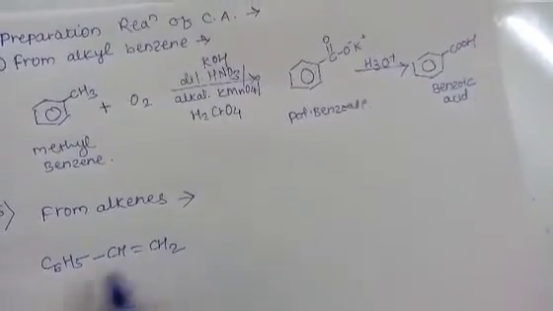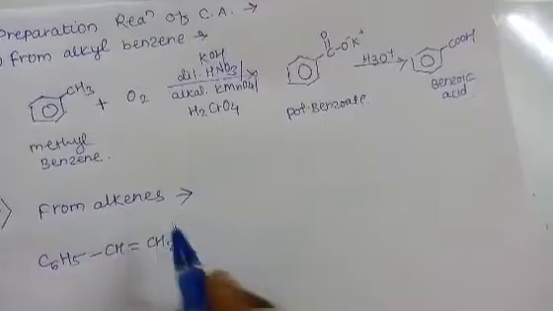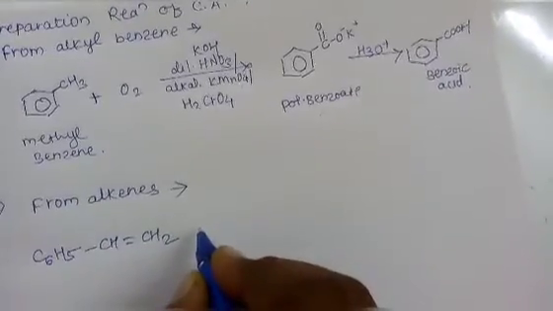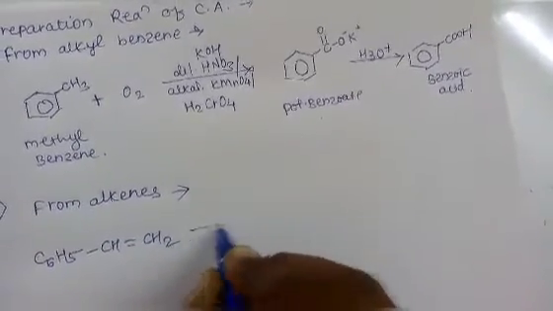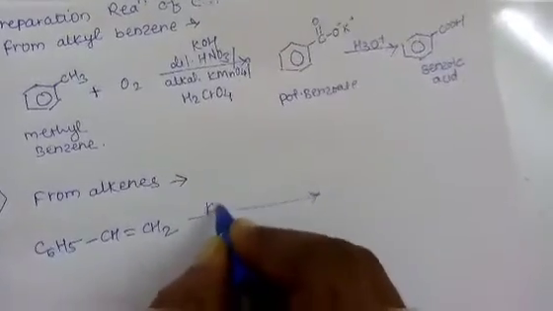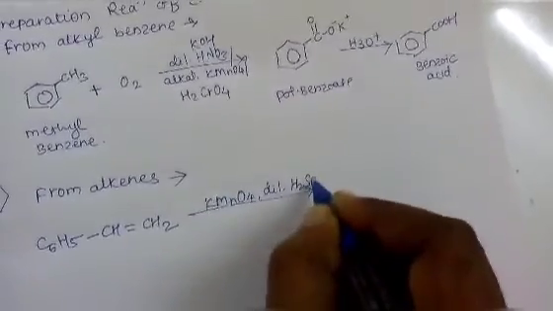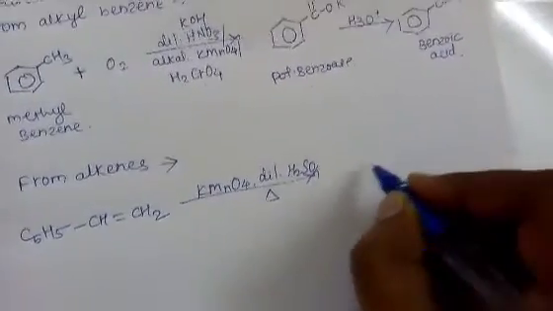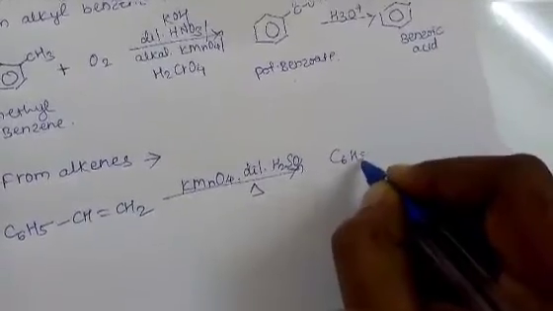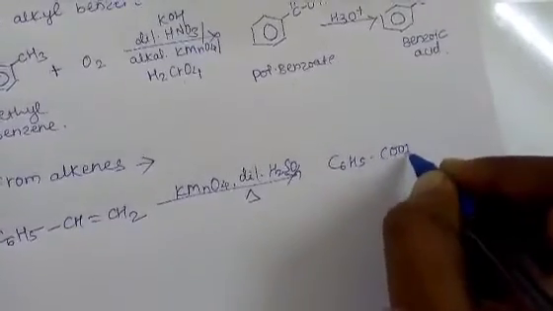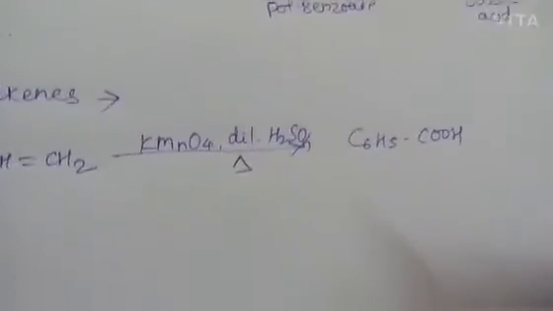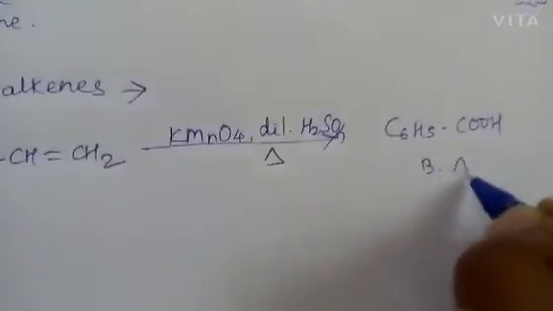Suppose this is the example of alkene I have taken. It undergoes oxidation in presence of KMnO4, dilute H2SO4. Then directly it forms benzoic acid, C6H5COOH. This is benzoic acid,